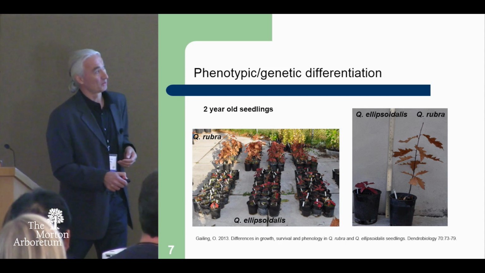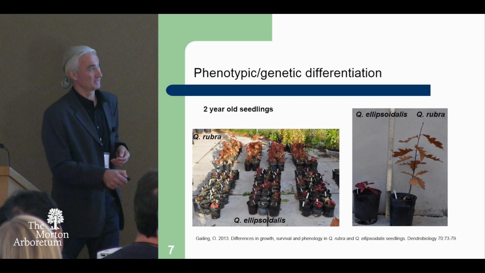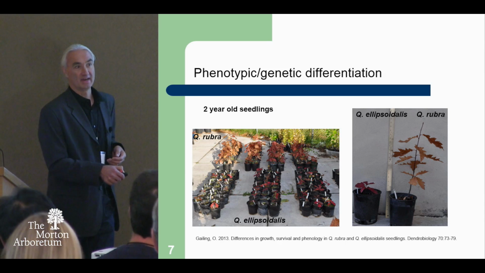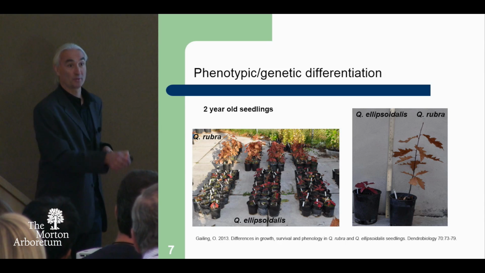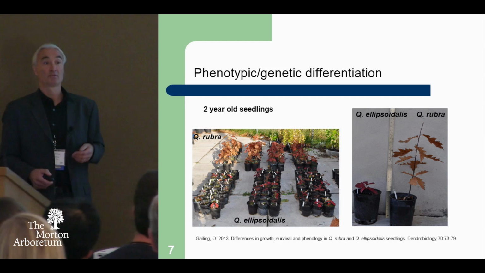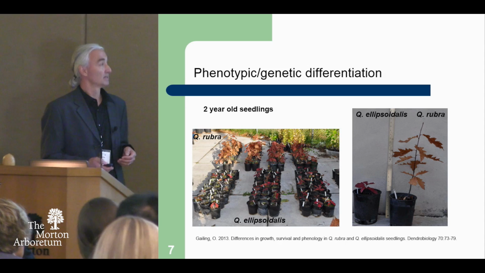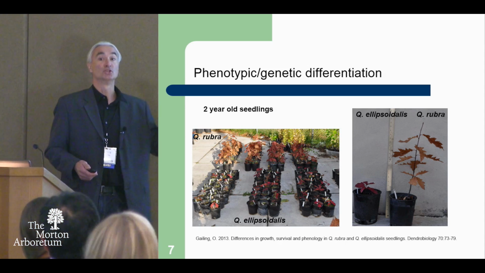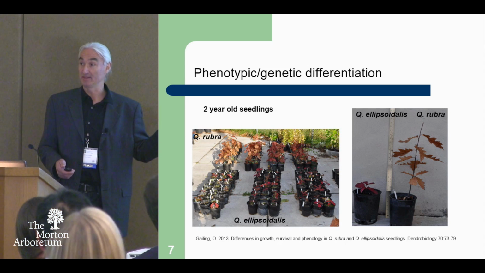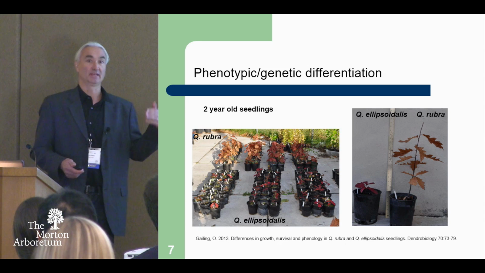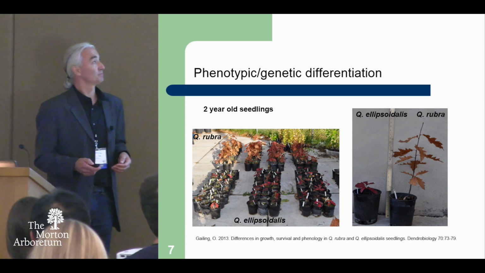So these northern pin oaks are very little, and this here is a Quercus rubra of the same age from these two neighboring stands just a few kilometers apart. So there appear to also be genetic differences between these two populations, which would indicate there are two different species,